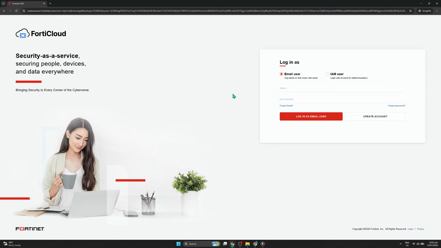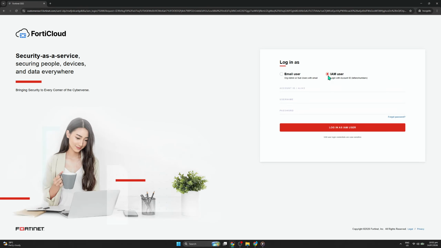Now, it's time to decide how you'd like to log in. Fortinet offers two primary login options: email user or IAM user. If you're logging in as an email user, simply enter your registered email address and the corresponding password. If you're using IAM credentials, you'll need to enter your IAM user ID and password. This distinction allows for greater flexibility and security, catering to both individual users and larger organizations with more complex access